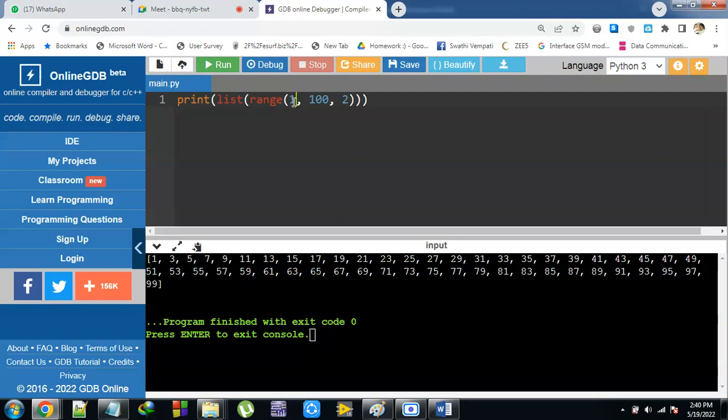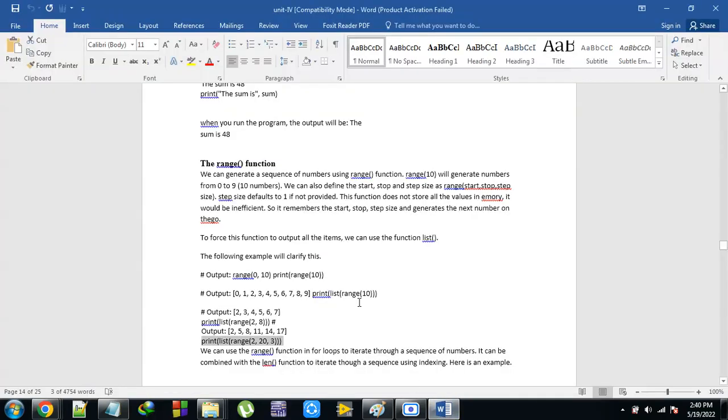Even numbers means you can simply start directly at 0. You can directly write 0 comma 2 comma 4 comma like this. So the way of representation is very easy in Python. Okay. So next,